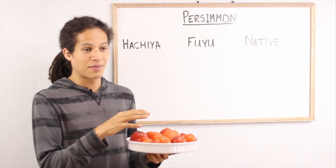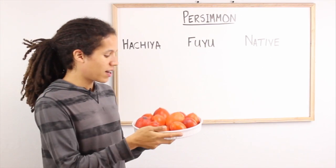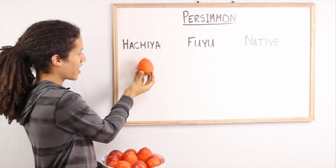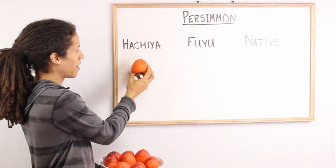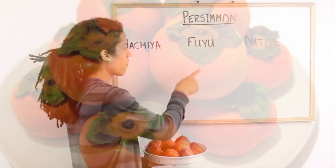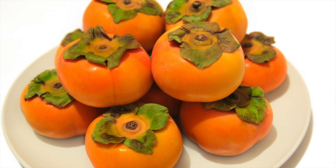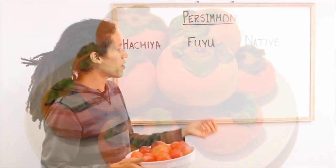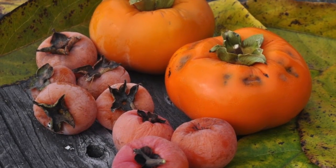And the first step is going to be knowing what persimmon we have. Right here, I have Hachiya persimmons. They are pretty standard. They'll look like this. Come to a little point at the top, as opposed to the Fuyu. The Fuyu variety will have a little rounder shape to it. And then you have the Native American persimmon, which will be even a little smaller, but similar to the Fuyu